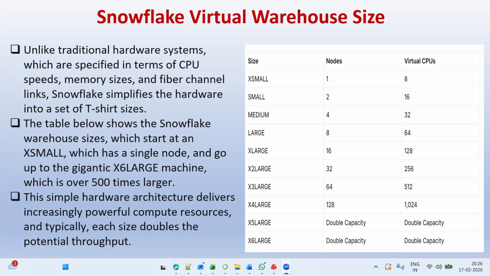Security admin only can do. The security admin can only grant the privileges. So you need to reach out to the security admin to provide. For example, I want to increase from X-Small to 6X-Large. You can do that, but you need to reach out to the security admin person because he will have the control